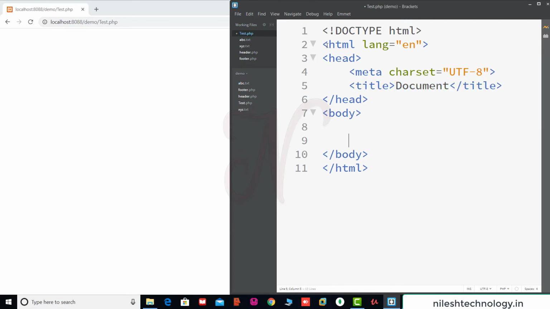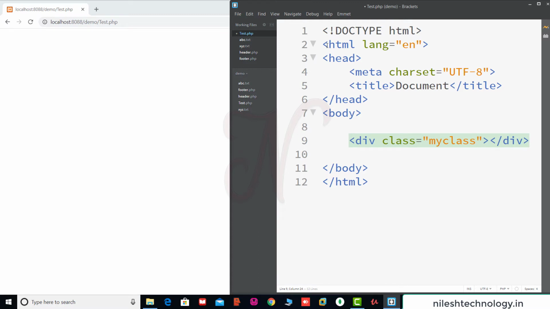See here, in this body section, when you type your div tag, it closes this div tag automatically. Many times we define a class inside a div tag, like div class equal to, so this is my class.